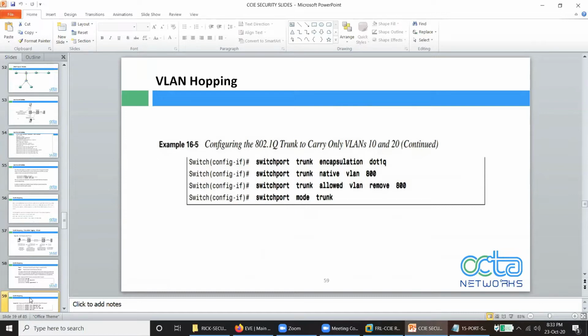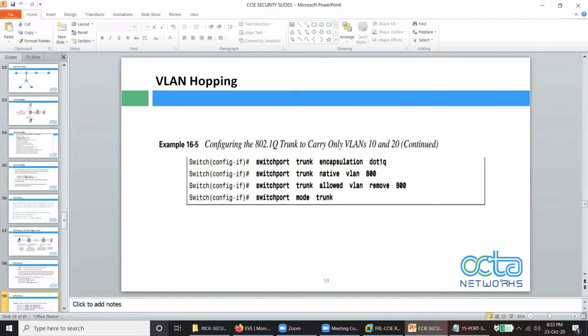Now, what is STP convergence? Spanning tree is going to form a loop-free environment on a switch network where you have redundancy among switches. So what is the basic overview of spanning tree? It is going to form a root bridge, which is a focal point. It is going to make other switches non-root bridges, or he might have a primary root bridge and